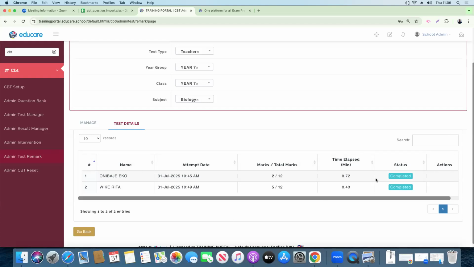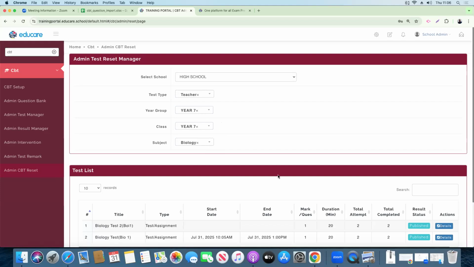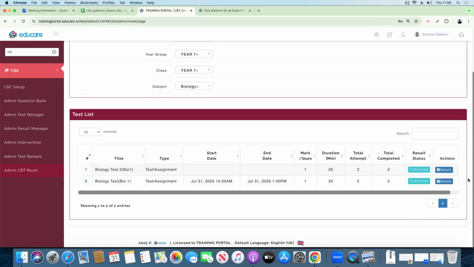But this is in rare occasion. You might hardly use this. In such case, you can decide to reset the student paper for the student to start all over again and the duration to start. I already explained to you what the admin CBT reset does. And what it does is basically if a student has any complaint of anything and you want, based on your discretion, you want the student to retake the assessment, you come to the admin CBT reset, you select the assessment,